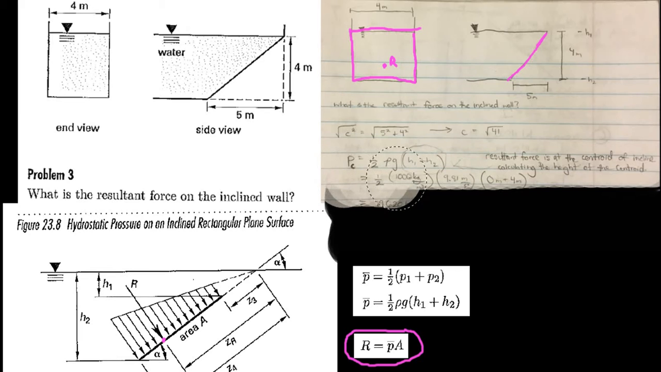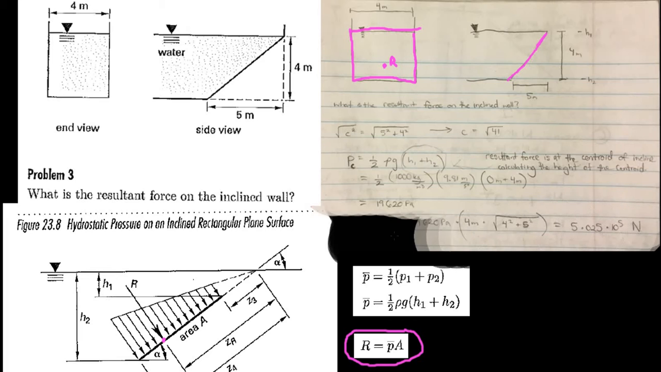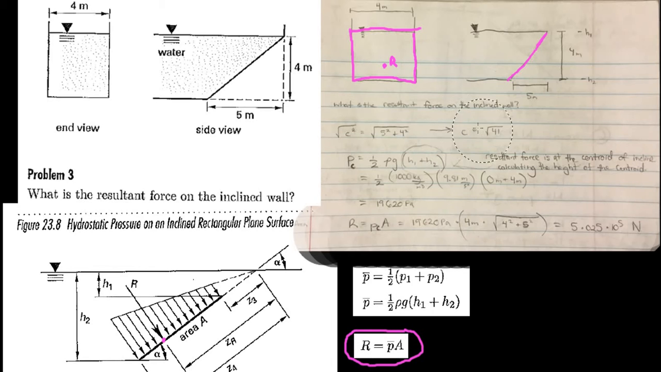And so we get an average pressure of 19,620 pascals. So once we have that, all we need to do now is plug that into our final resultant equation that we found here, circled in pink. And so we're going to need to find the area of this pink outlined area. So first we're going to need to find this height right here,